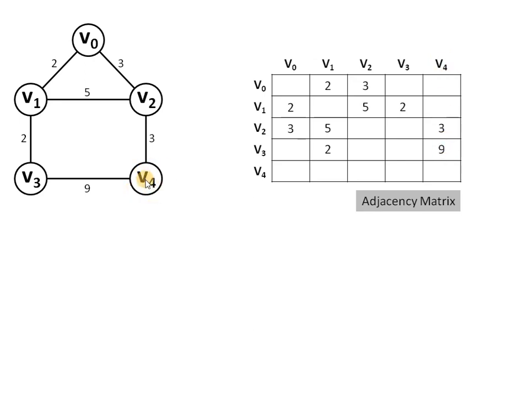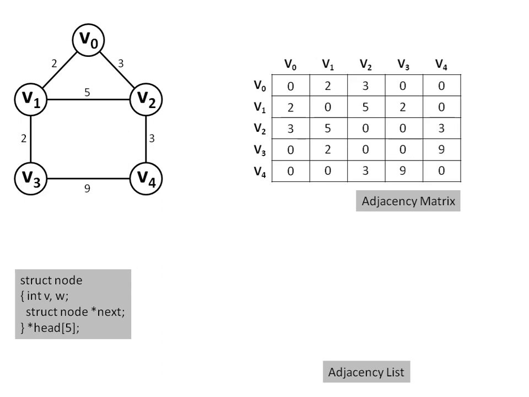And then lastly V4, it is connected to V3 and V2 via weight values 9 and 3. So we will have 3 and 9 here. So these are the weight values. Rest all the values we have to put 0. That's it. Now when we talk about the adjacency list representation for the given graph, then in addition to the